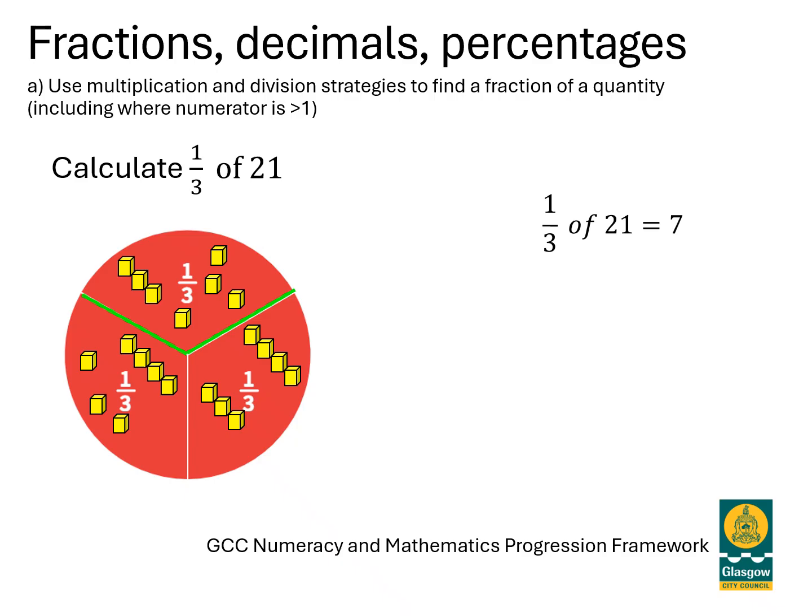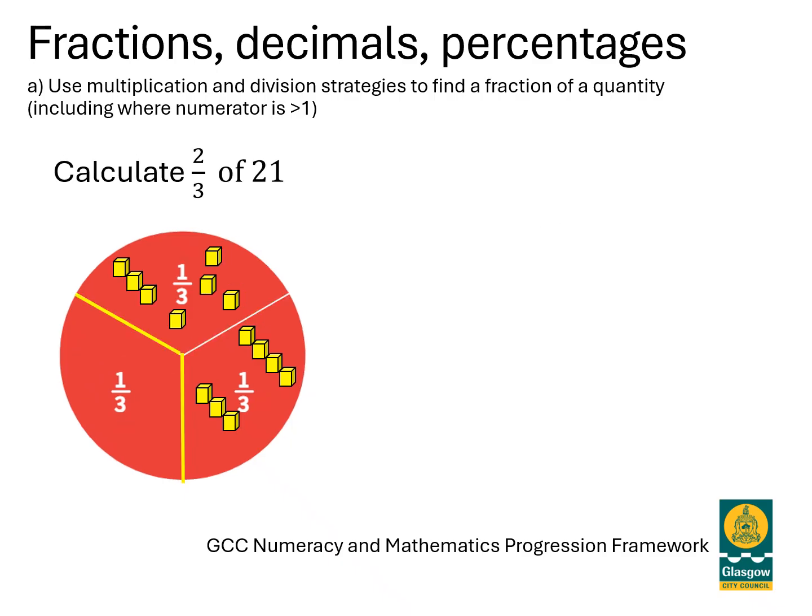That method is the age and stage appropriate work for primary 5. It's dealing with what we call unitary fractions, where the numerator is just 1. As they move into primary 6, we ask them to do a similar thing, but with fractions where the numerator might be greater than 1. So in primary 6, they would perhaps do the same thing, but be asked to find 2/3 of the quantity. In which case, they've worked out 1/3 was 7, but if they took 2/3 of that group, it would be 2 lots of 7, so it would be